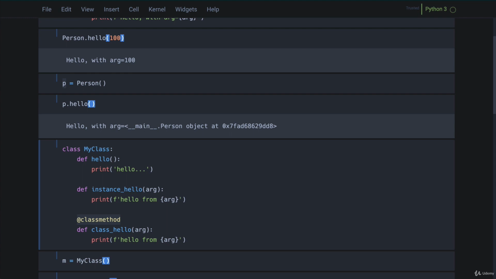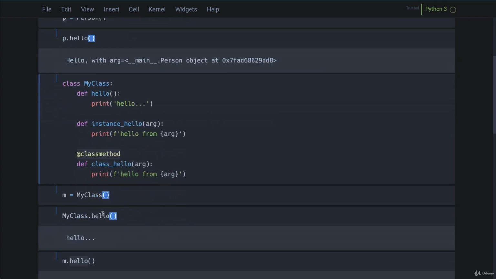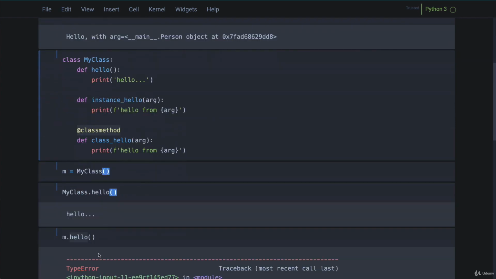Now sometimes we want functions in our class to never be bound. We don't want them to become methods no matter how we call them. Whether we call them from the class, like hello, right? It was actually a function when we called it from the class, but if we called it from the instance, it became a bound method. And we want sometimes to be able to define functions that are never bound, that never become methods. So in order to do that, we have another decorator that I talked about in the last video, which is